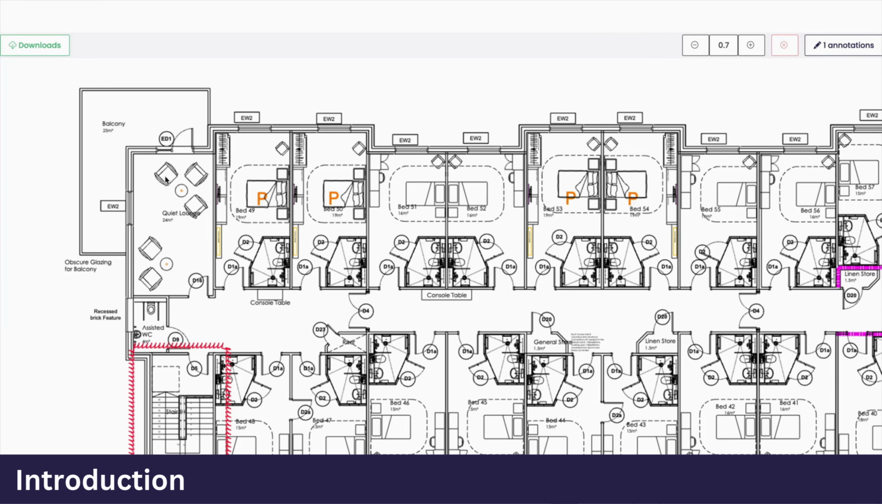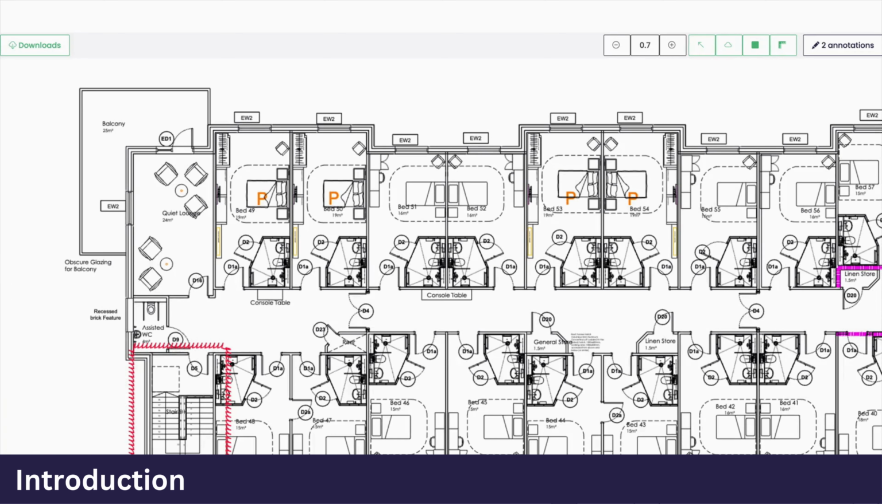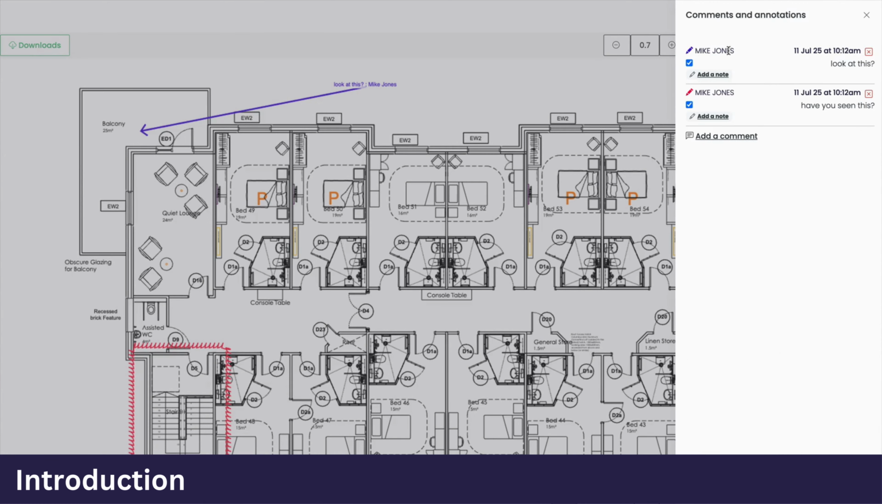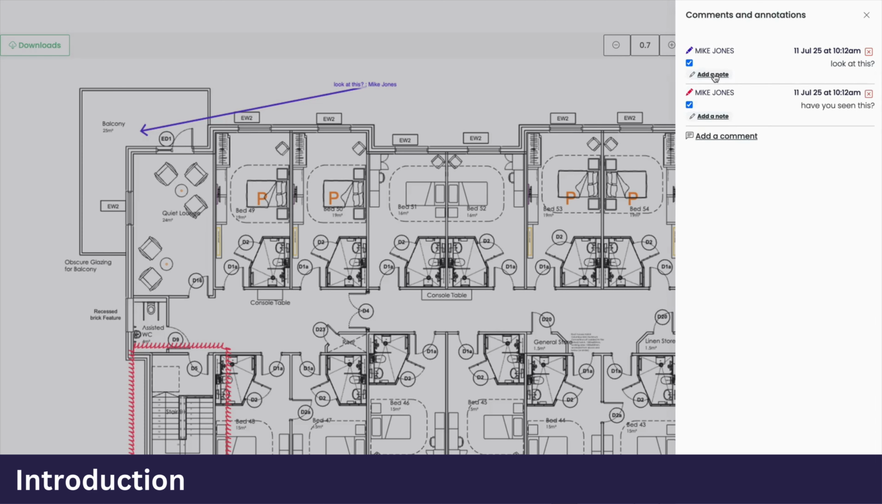Just to add another one here, we'll point to this balcony. Could pick another colour out, for example. And the markup appears. And if we go to our annotations bar to the right hand side, we'll see the annotations that have been made by myself as Mike Jones. Myself or others could actually make notes against my annotations, and once I've made the annotations I'm happy with, I could then send a message